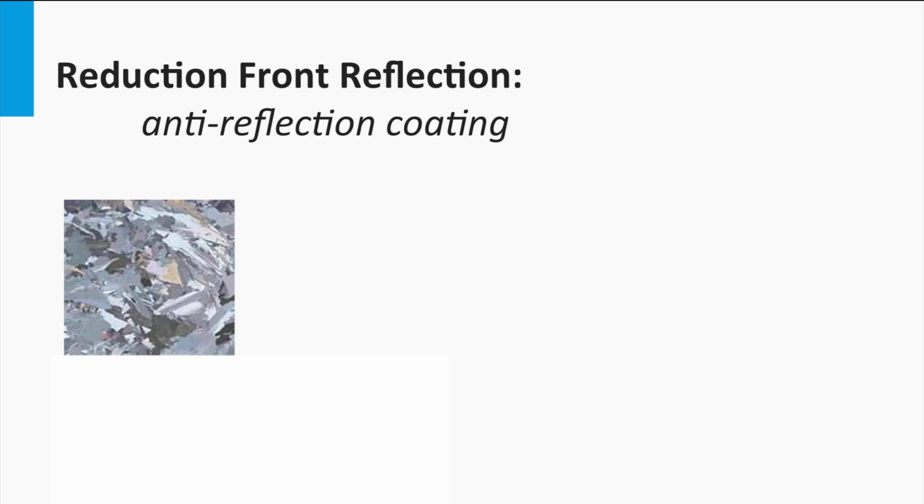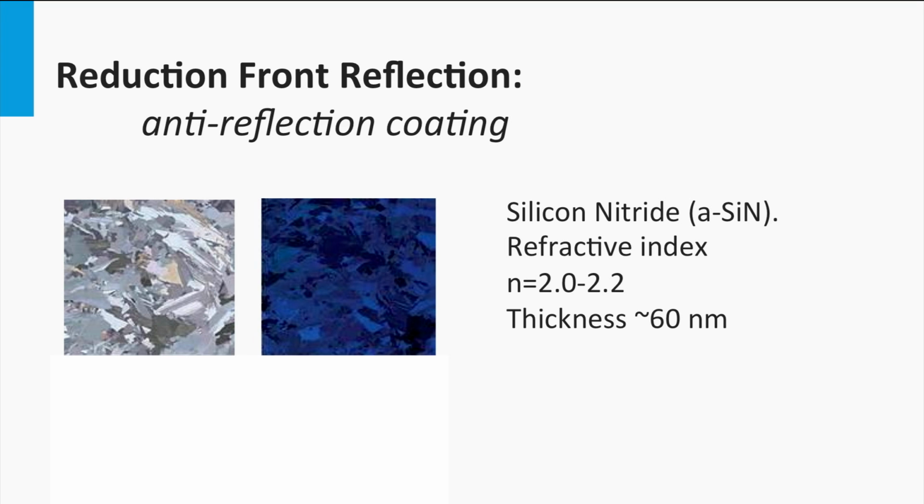As we have discussed earlier, one of the typical passivation layers of standard crystalline silicon is silicon nitride. Here we see a multicrystalline silicon wafer without silicon nitride layer. We see that a lot of light is reflected by the wafer. Next to it we see a multicrystalline silicon wafer with a silicon nitride passivation layer. As you can see, much less light is being reflected. Interestingly, the refractive index of silicon nitride is in the range of 2 up to 2.2 at 500 nanometers, close to the optimum for the refractive index grading. Typical thicknesses are in the same range as the 60 nanometers discussed earlier.